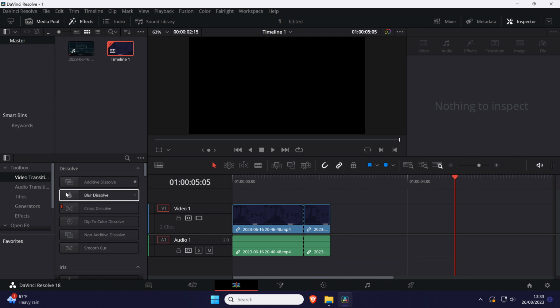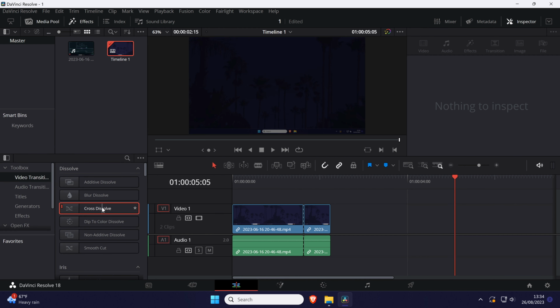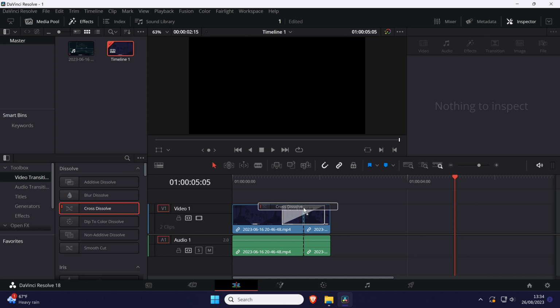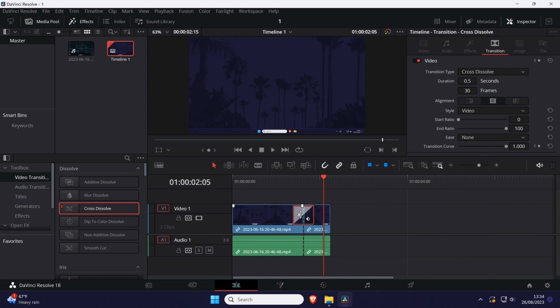In the Effects window, click on Video Transitions and then have a look for the one you want to use. Drag it to the video clip you want to use it on, and the white box will show where the transition will play. To adjust the settings for the transition, click on it and then go to the Inspector tab